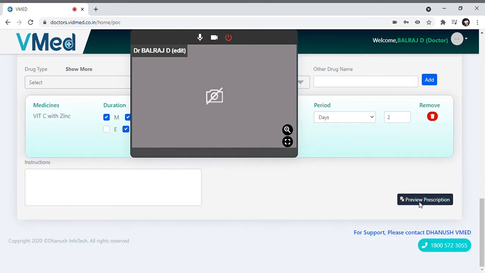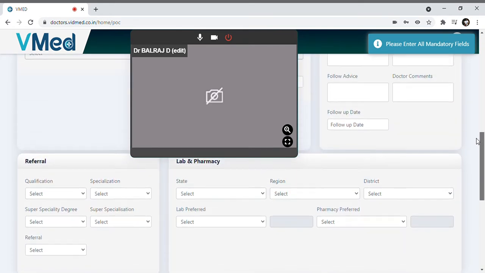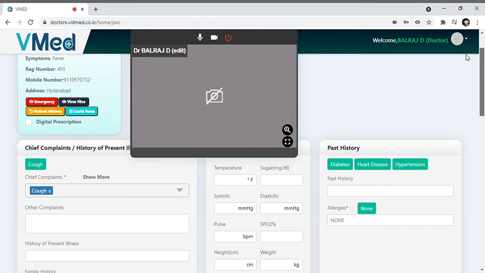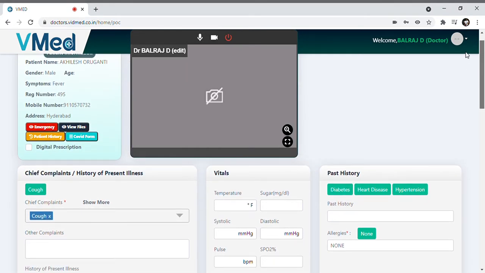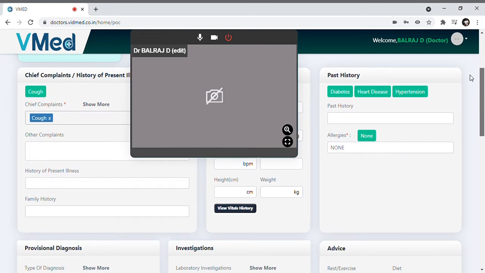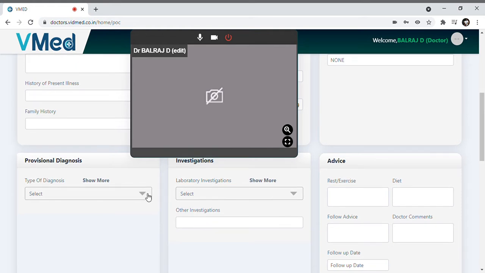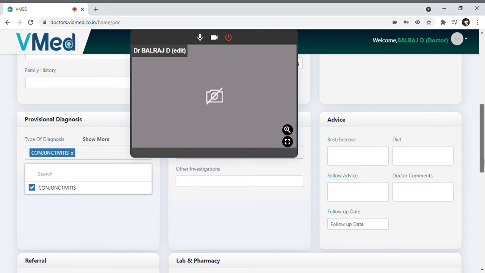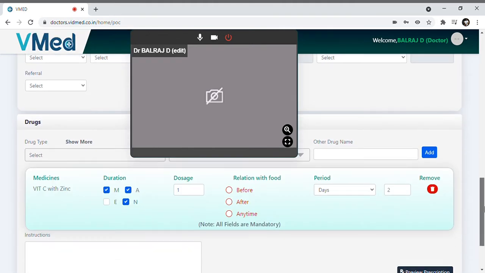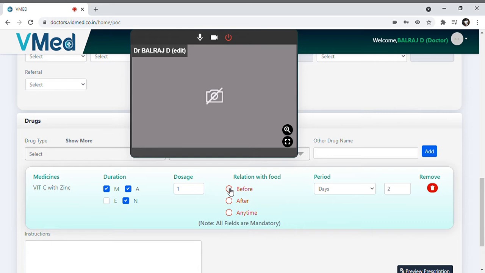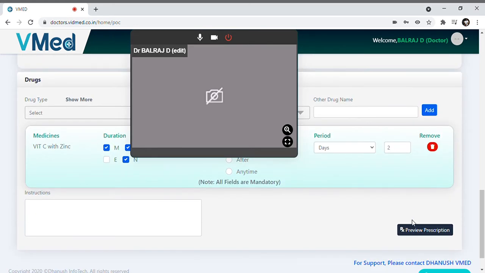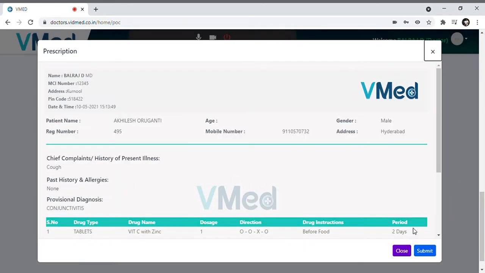So even though the health worker is also disconnected, the prescription can be given by the doctor even though both of them got disconnected. This way the doctor can give a prescription even when the call was disconnected, both by the health worker and by the patient. So the doctor need not worry if a call gets disconnected after interacting for a few minutes and understanding the patient's condition. Even if the call gets disconnected, our consultations can go forward.